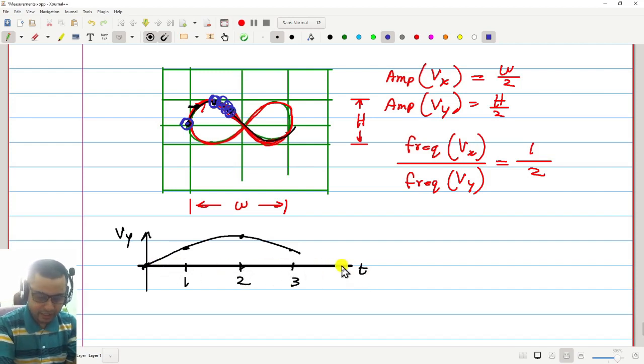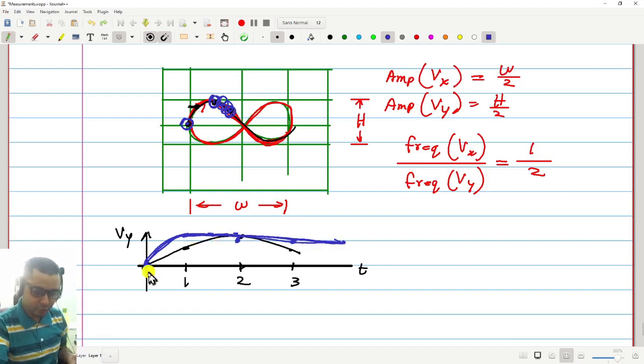I will draw on the same scale, same axis. At time 0, the voltage is 0. At time 1, so here is the voltage. Then at time 2, here how much? Almost same, slightly less. At 3, slightly less. At 4, slightly less. So how is the waveform? It's maybe like this and then like this. So it's not sinusoidal.